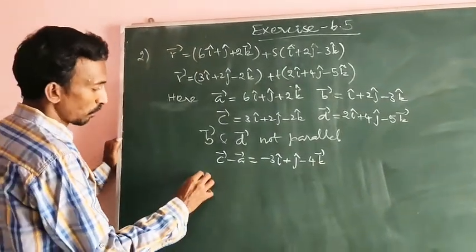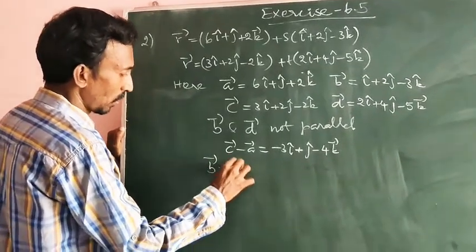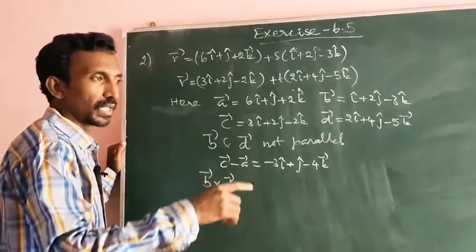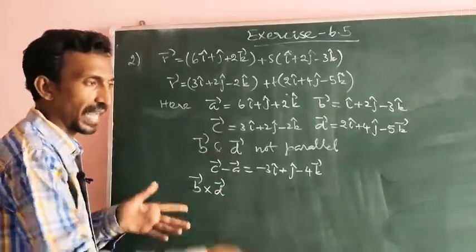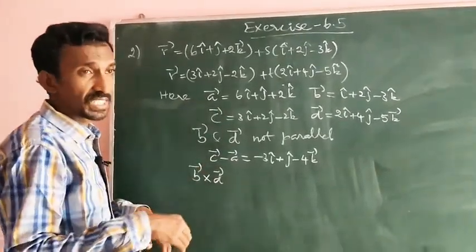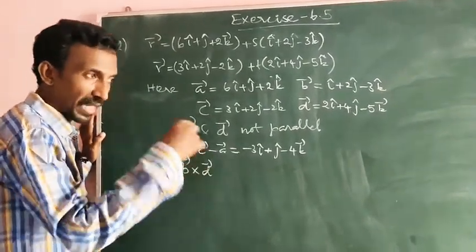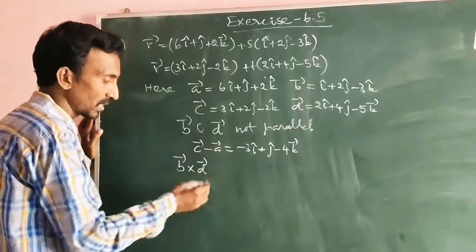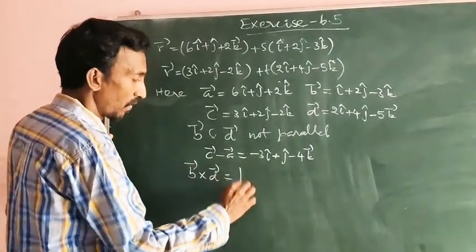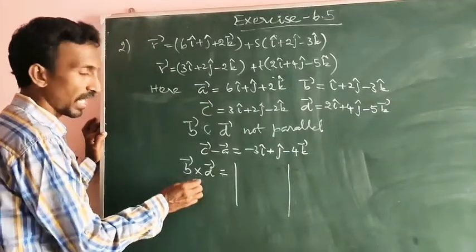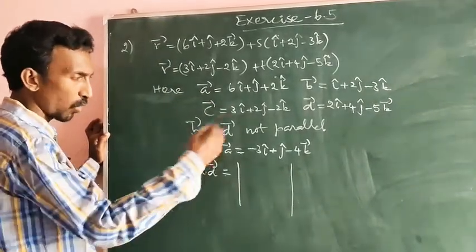Next to find out b cross d. Okay, we can find out c minus a, b, d, the box product value, using the determinant directly, but for the distance we need b cross d. That's why we follow the scalar triple product method. C minus a dot b cross d we can use in both the condition of intersection and the distance formula. We can use this b cross d in both formulas.